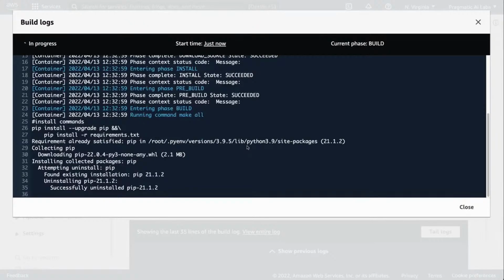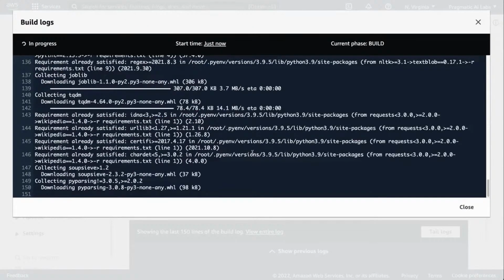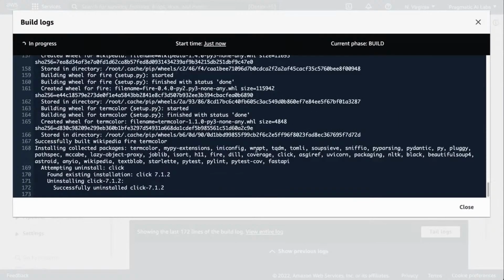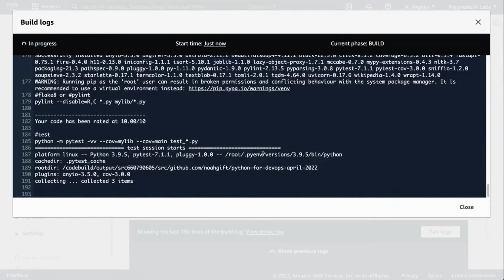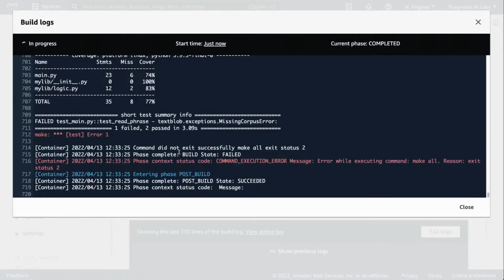So we're doing similar things to what we're doing in GitHub Actions. We're just using a build system that comes with AWS. Okay, this looks good. This is looking good. Oh, well, we have the same problem, right? We didn't tell this build server